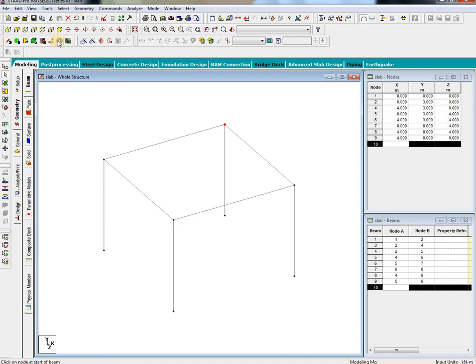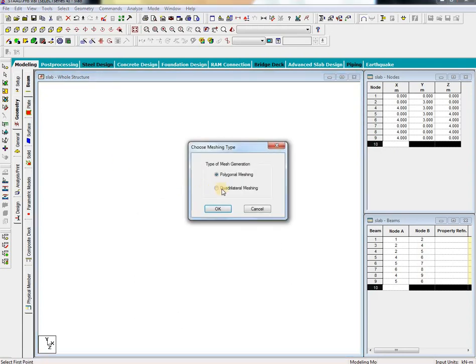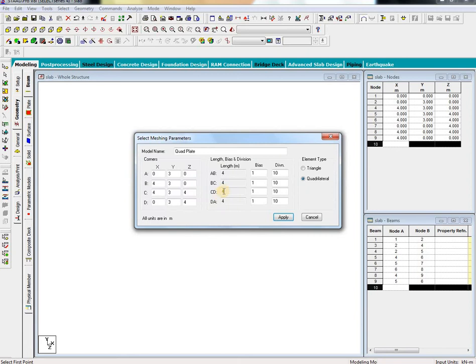Then go to make the slab. For that, go here, generate surface meshing. Select this option. This is our first node and second node and third node, fourth and finally the starting point. Here I am going to select the quadrilateral meshing, then OK.